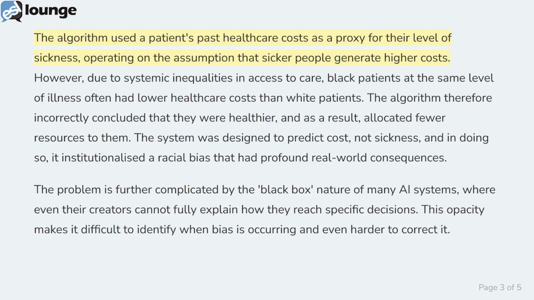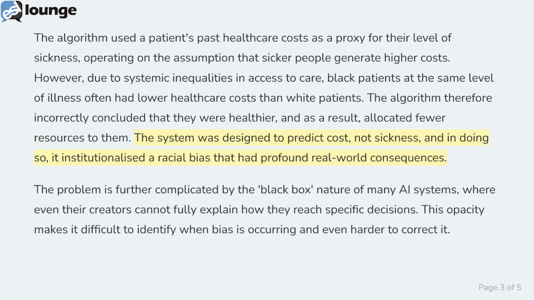The algorithm used a patient's past healthcare costs as a proxy for their level of sickness, operating on the assumption that sicker people generate higher costs. However, due to systemic inequalities in access to care, Black patients at the same level of illness often had lower healthcare costs than white patients. The algorithm therefore incorrectly concluded that they were healthier, and as a result, allocated fewer resources to them. The system was designed to predict cost, not sickness, and in doing so, it institutionalized a racial bias that had